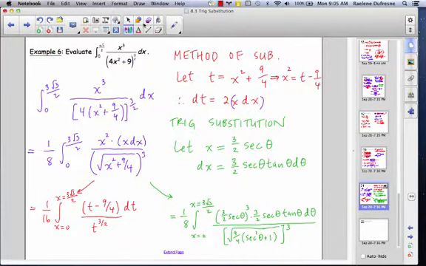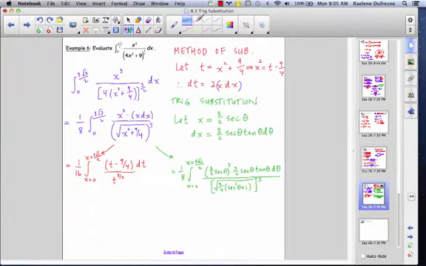For example, the square root of 9 over 4 has to be cubed, so we can't just cross out the 9 over 4 under the square root with the 3/2. Do be careful, simplify this, and check to see that you get the same answer both ways. I personally like working smarter, so just because I'm learning about trig substitution doesn't mean that I forget the method of substitution. So I get 1 over 16, and I'm going to call this the definite integral from a to b,